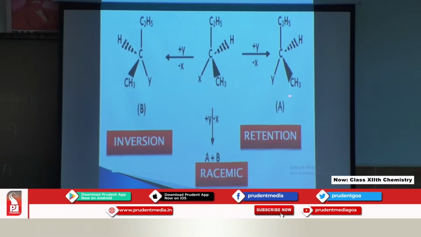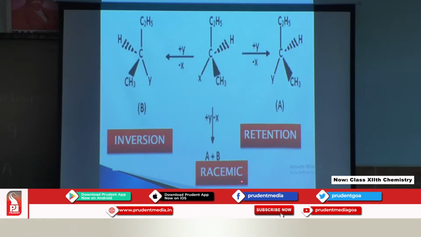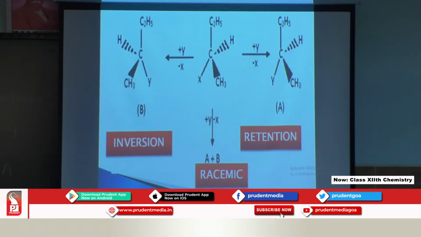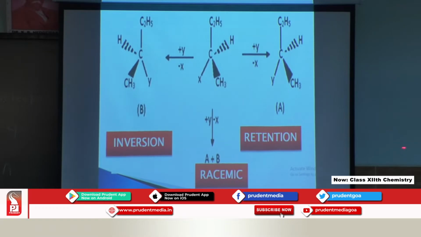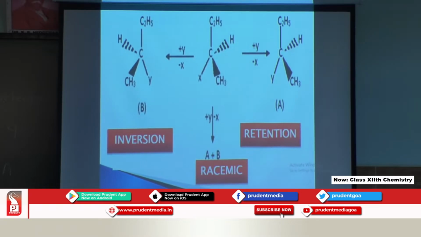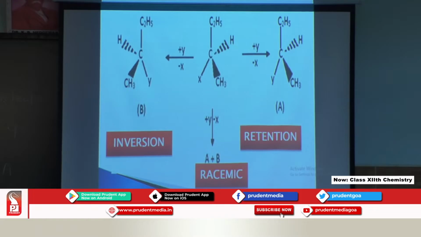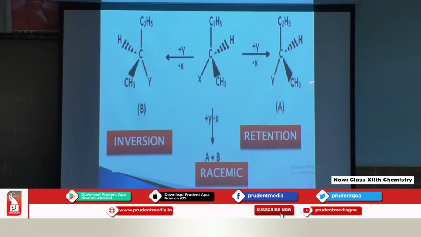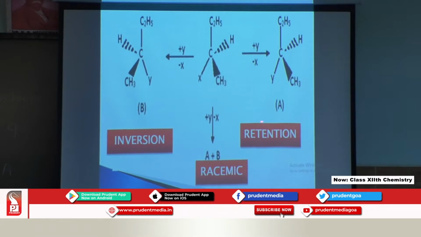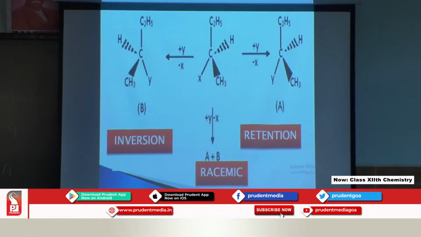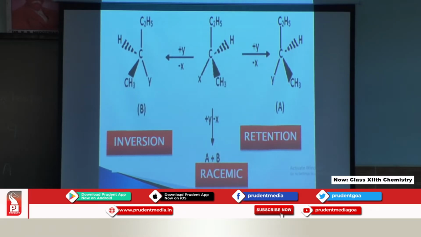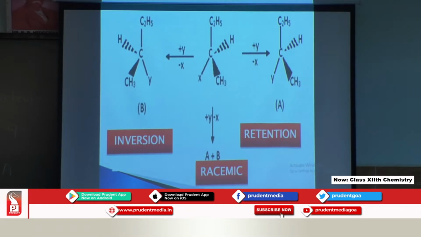And if I get A plus B, that is known as the racemic mixture, or that process is known as racemization. In a racemic mixture, if we get 50% of the mixture, the degree of rotation will get cancelled. It will have 0 degree of rotation. That is because one rotation is through the right hand side and the other rotation is through the left hand side. So, therefore, it will get cancelled